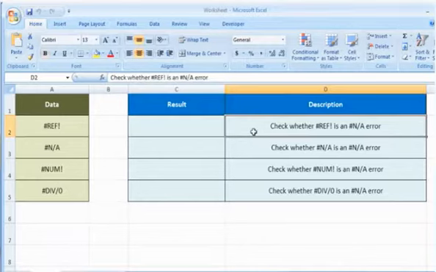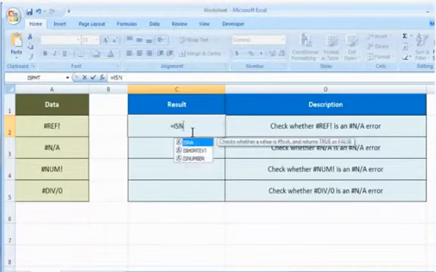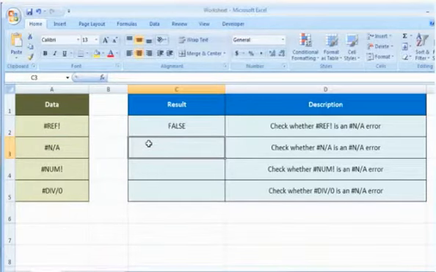In the first example, to check whether #REF is a #N/A error, select the cell where you want to get the function's result. Type equals ISNA, open parentheses, select the reference cell, close parentheses, and then press the Enter key. If it returns the logical value as FALSE, it means the value doesn't refer to the #N/A